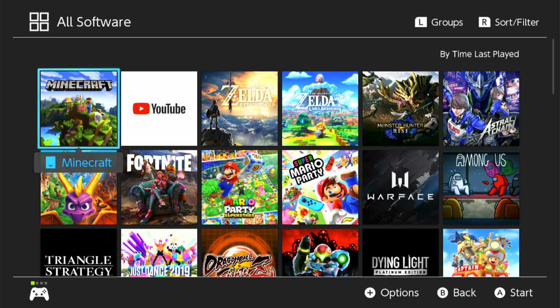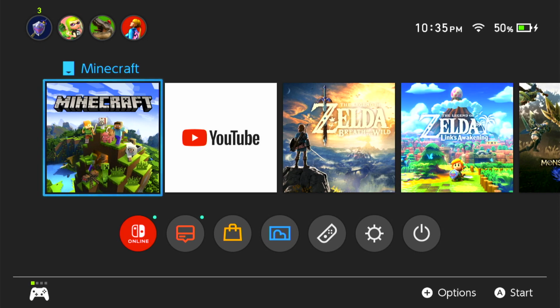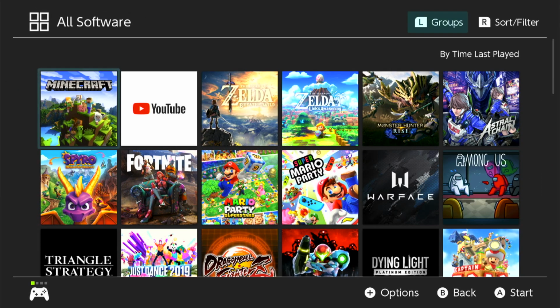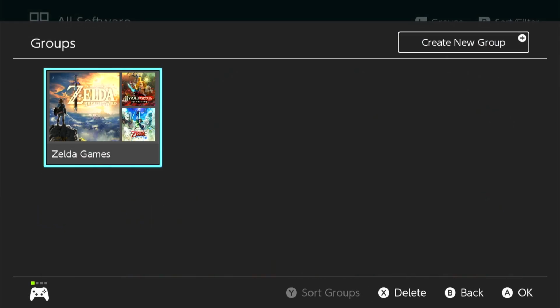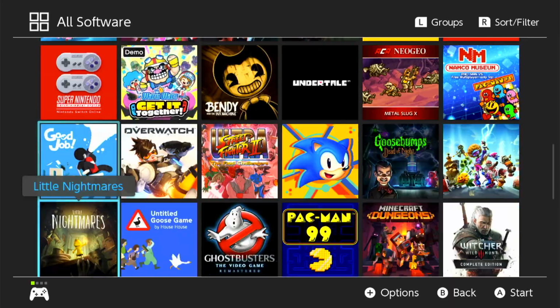Because I would like it for it to be here, where my group is the first one I see coming up on the left-hand side, not having to go through all software and then filter it through groups. I mean, I guess if you have a bunch of games, and I mean like a lot of them, then I can see this being useful. But for a person like me who has probably like 50, 60 games here,